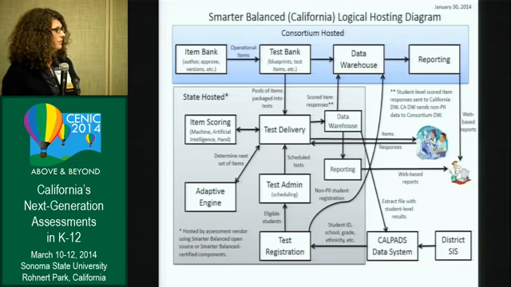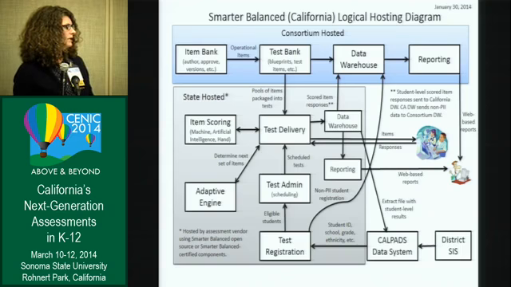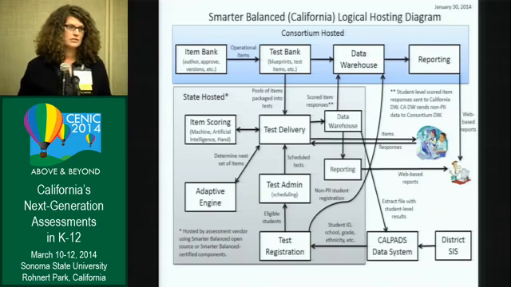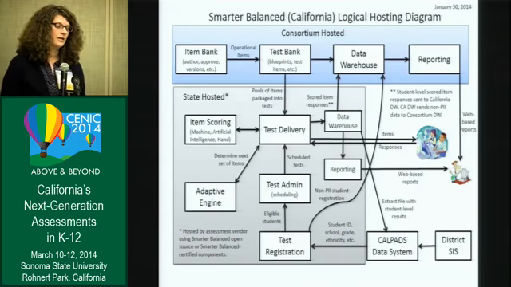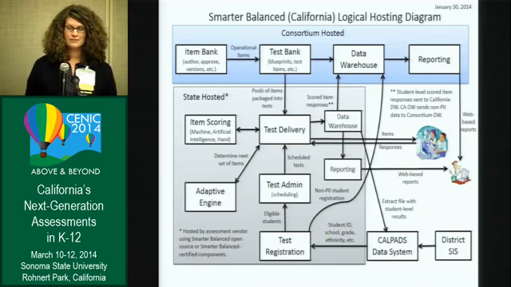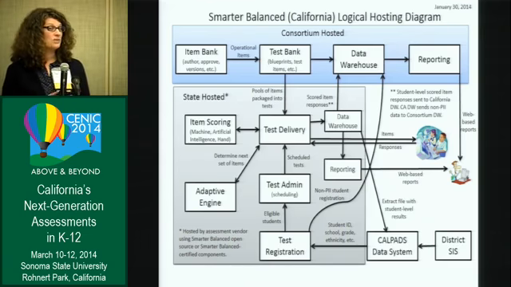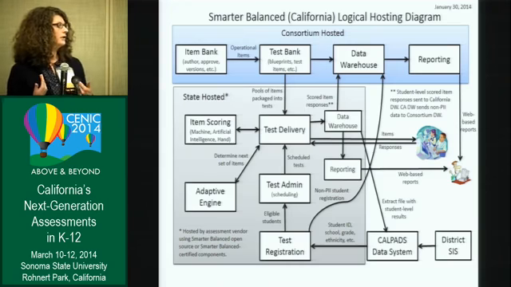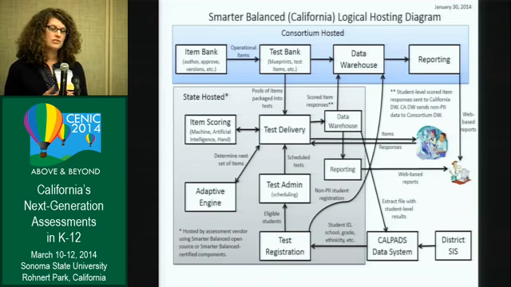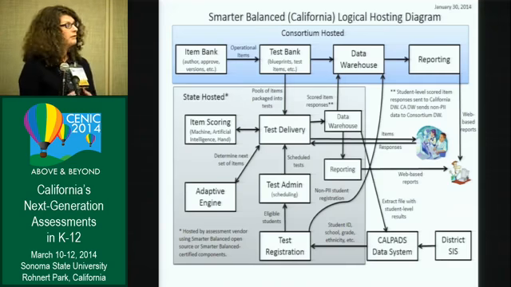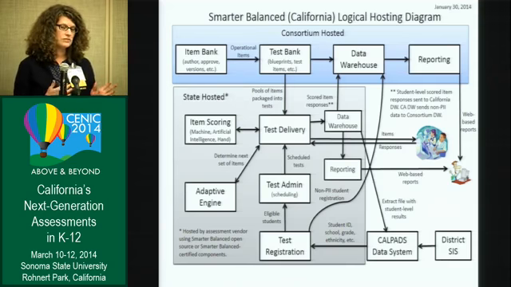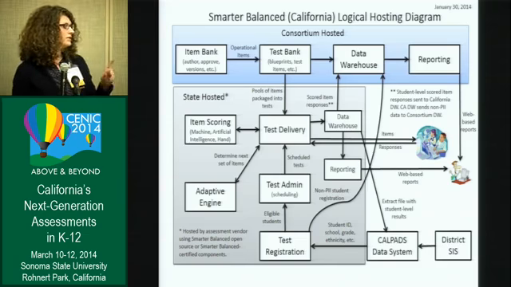What is unique, and I want to spend a little bit of time on this relationship, is what we're using our longitudinal student data system for. The California Longitudinal Pupil Achievement Data System, also known as CalPADS, is how we keep track of our students in California. We have current enrollments, demographic information, and program and course information in there, and that's what our schools are required to use to report that information to the state. For the first time, we are using the data that schools already report to us to feed into the test registration system.